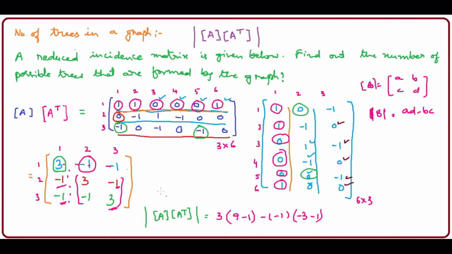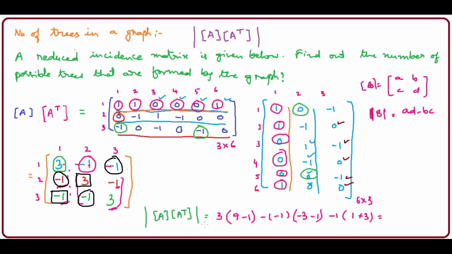Now the third one is, yeah, this is the third one. So forget about this row and this column. Now the items are these things. This one into this one. Similarly, minus this one into this one. Simple. So it will be minus 1 into minus 1 into minus 1 into minus 1 is plus 1, minus of 3 into minus 1. So it will be plus 3.